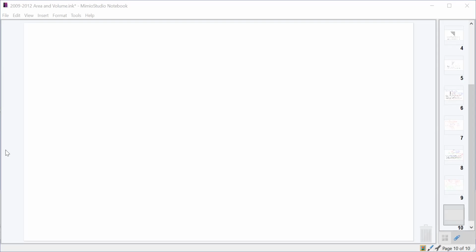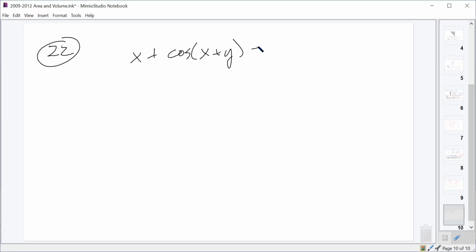All right, so number 22 says, we're just looking for dy/dx, and we've got x plus cosine of x plus y equals 0. That's the right one, yeah? Yeah. Okay, so we're looking for the derivative of this. We've got cosine of x plus y within here, which makes this one that we're really going to want to use